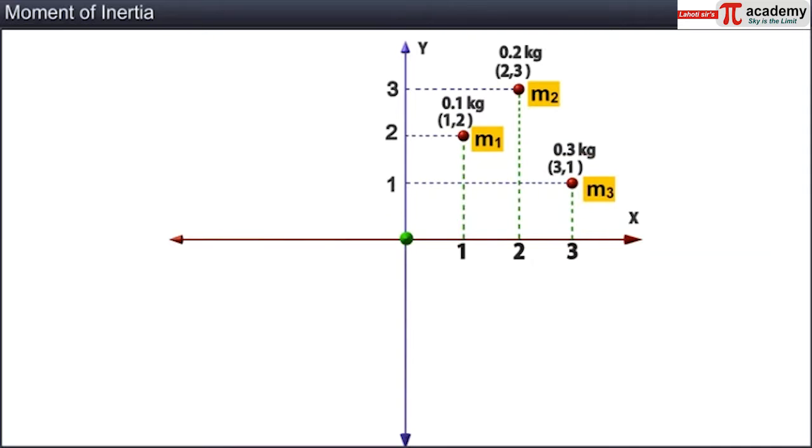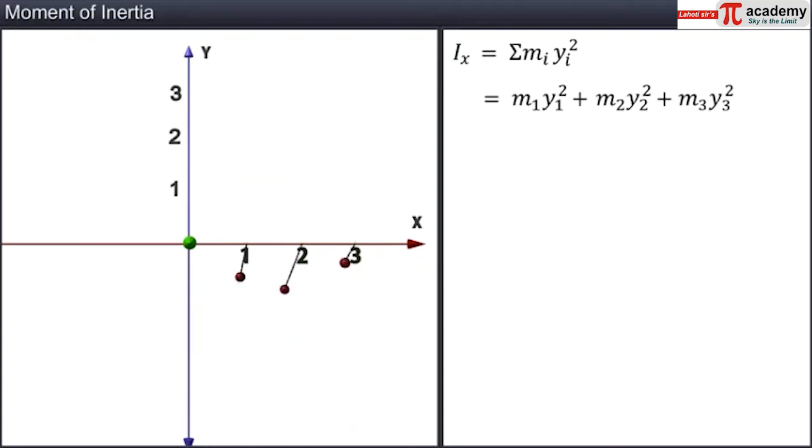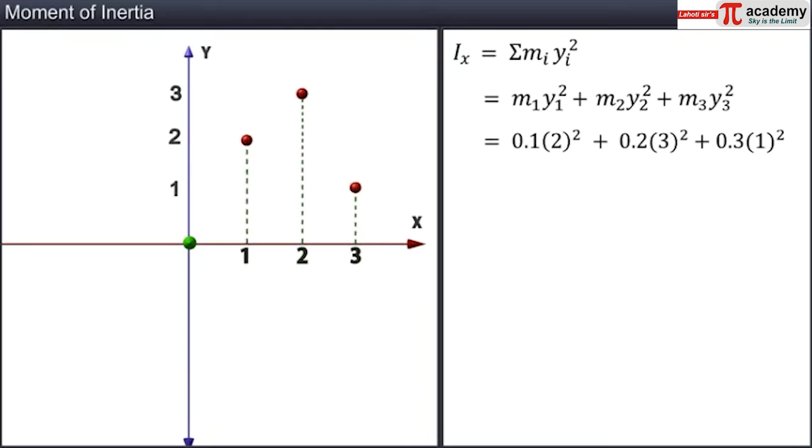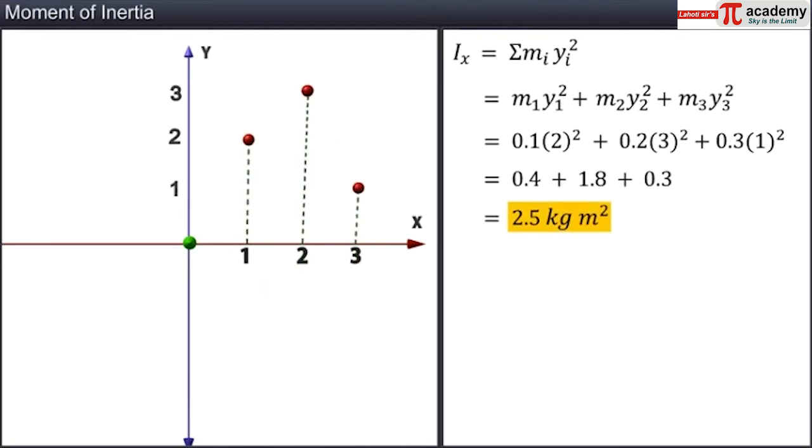The moment of inertia of this system of 3 particles about the x-axis, Ix, is equal to sigma m_i y_i squared, which is equal to m1 y1 squared plus m2 y2 squared plus m3 y3 squared, equal to 0.1 into 2 squared plus 0.2 into 3 squared plus 0.3 into 1 squared, equal to 0.4 plus 1.8 plus 0.3, which is equal to 2.5